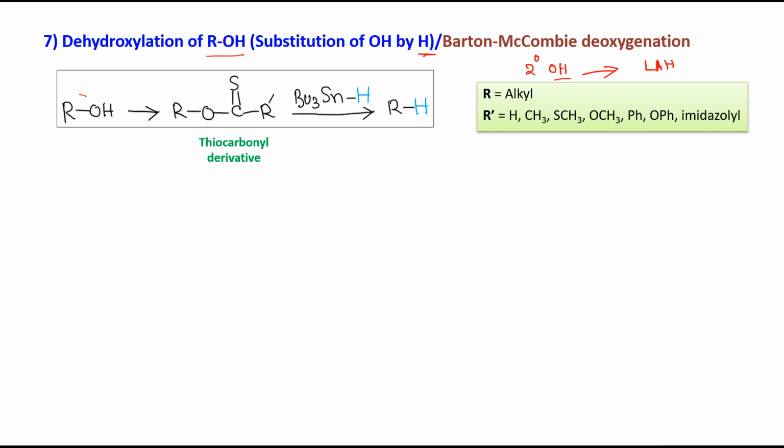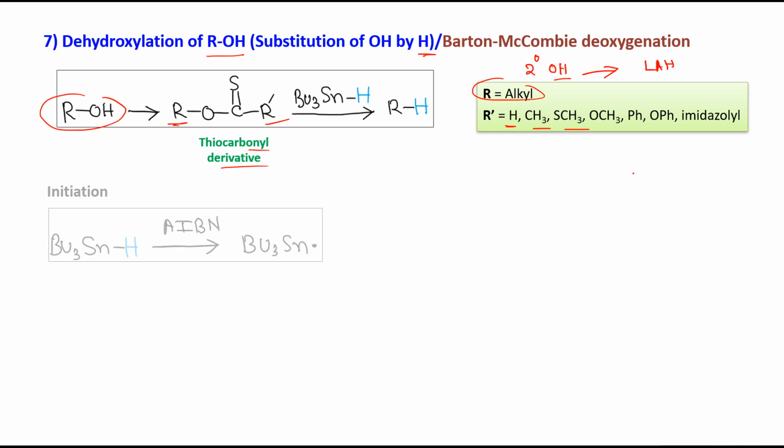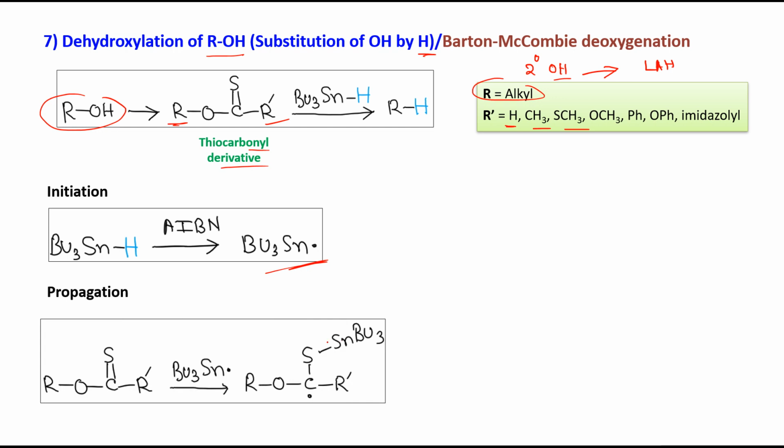Here what we are doing is, first this ROH is converted to some thiocarbonyl derivative. Now this R group is an alkyl group, and the R prime on the right hand side may be different types of groups. That is, it may be H, CH3, SCH3, OCH3, etc. Now when we see the mechanism, it is not very elaborate. We know that when AIBN is present with Bu3SnH, from Bu3SnH we get Bu3Sn dot. Now this will participate in the propagation reaction. So in propagation, this RO-C double bond S R prime is produced. How we produce this thiocarbonyl derivative from ROH is not part of this free radical mechanism, so I have not shown it here, and that may vary depending on what type of R prime group we have taken. One particular example we will see in the next slide, but here we have directly written this thiocarbonyl derivative,